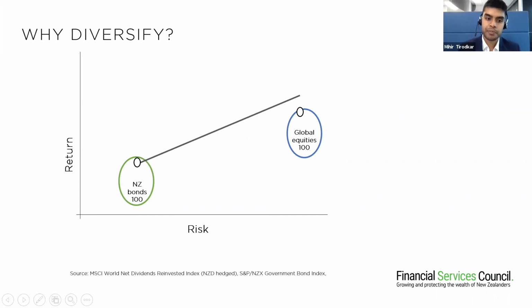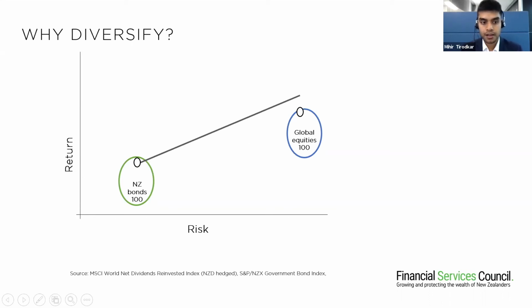So a portfolio represented by the green circle on the left that is 100% invested in New Zealand bonds would be somewhere down to the bottom left, whereas a 100% invested portfolio in global equities would be somewhere up to the top right, represented by the blue circle. However, we can combine portfolios to create a combined portfolio in global equities and New Zealand bonds, which sits somewhere